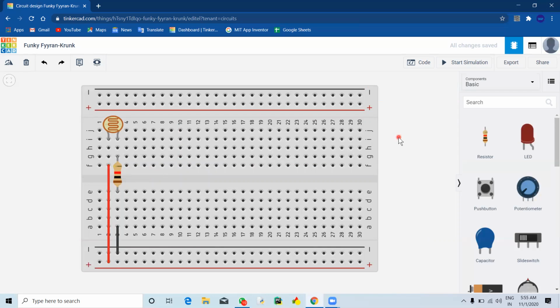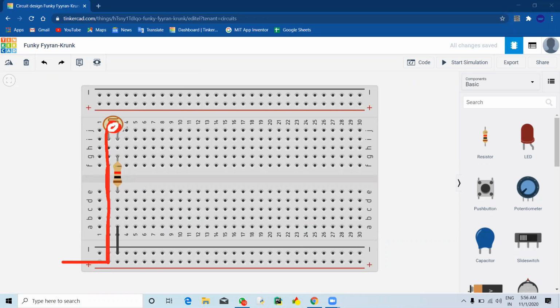Okay, so now a question must be coming in your mind, that why we have used a resistor. So for finding out the answer of this question, I will explain to you the circuit working of this. See, so electricity will come, let's suppose this is a wire, so it will come from here, it will go here, then here. Now when it comes to the LDR,